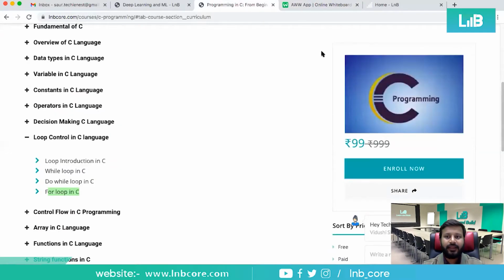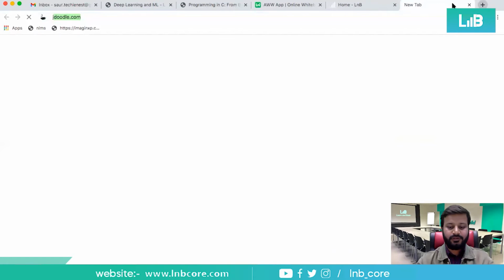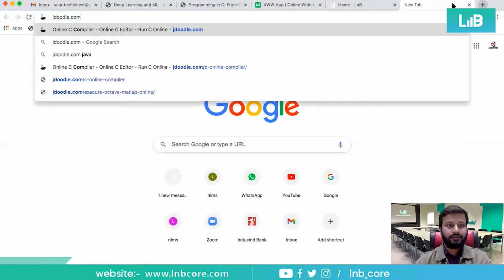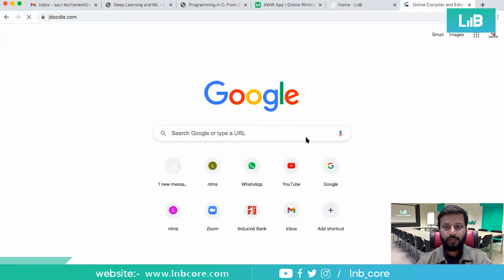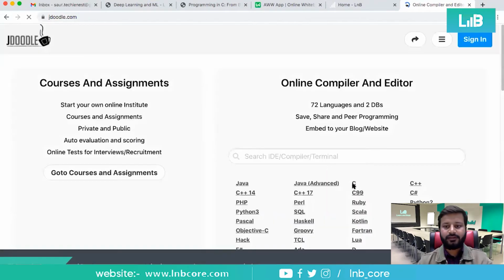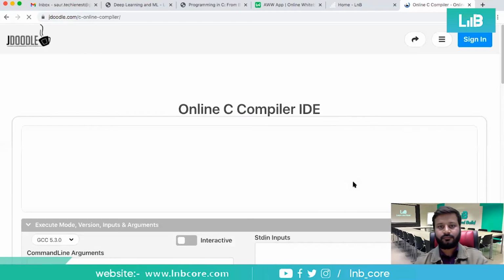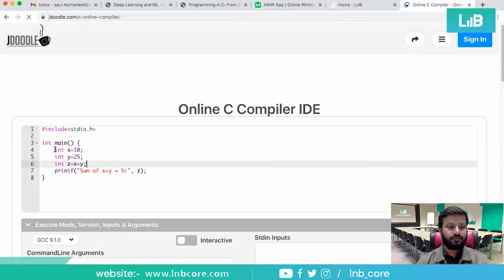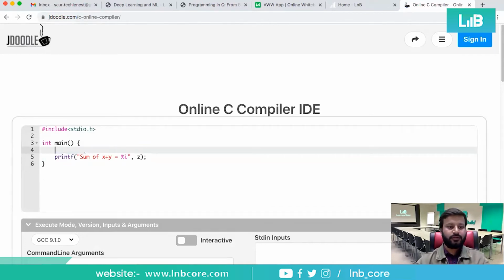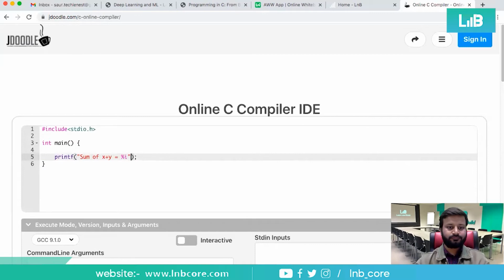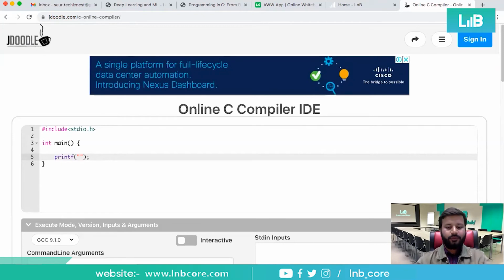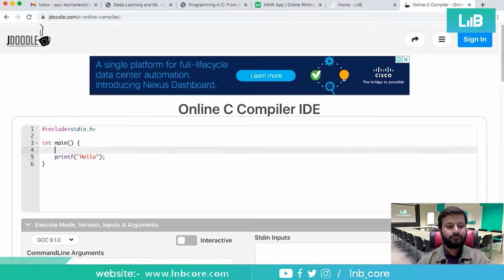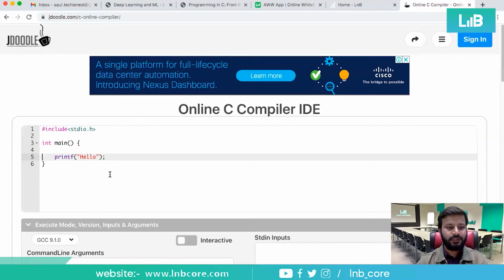This was the thing, and let me open JDoodle, the online compiler or online portal, where I would choose the C compiler. Here we have a default code, right? Now I want to print something. I want to print hello, and I want to print hello in a new line every time. So first time this will be printed. Next time I need to use,